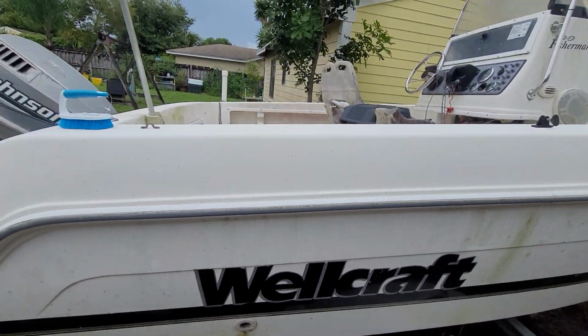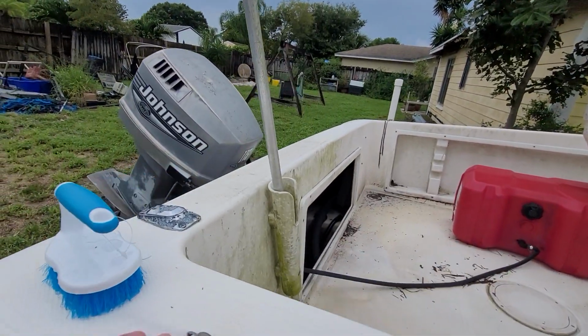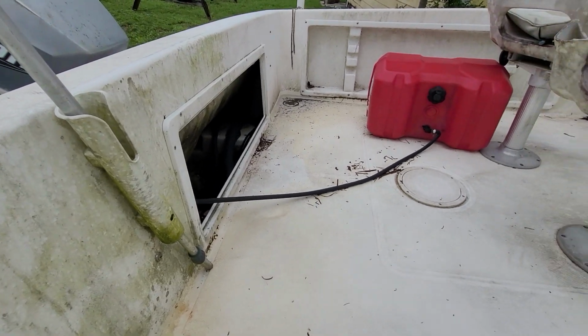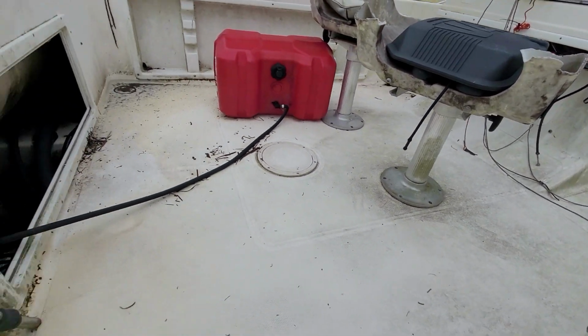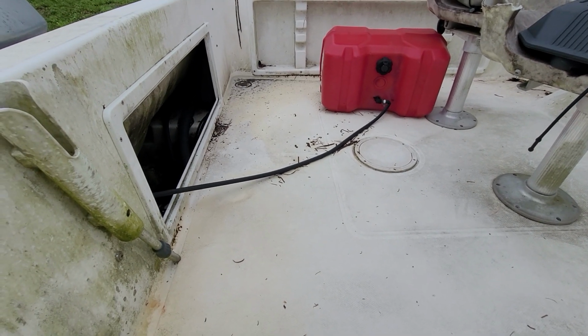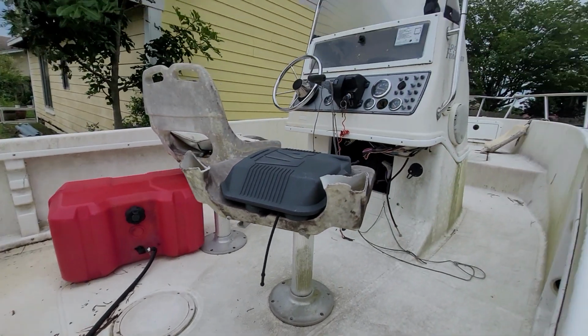So first thing I want to do is just clean it up, because I just can't stand to work on it if it looks like crap. So I got to get all this done. There's the interior. I did clean out the interior a little. I got rid of a bunch of branches and vegetative material, you name it. I've got to clean up the